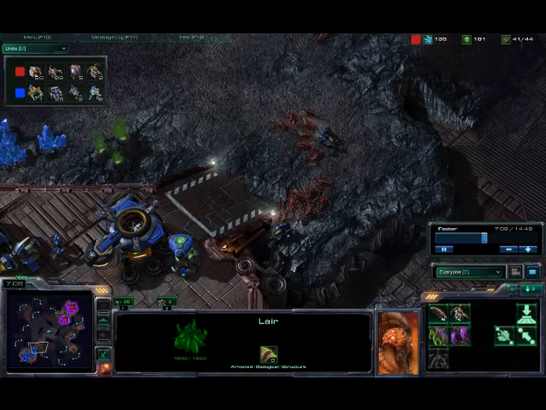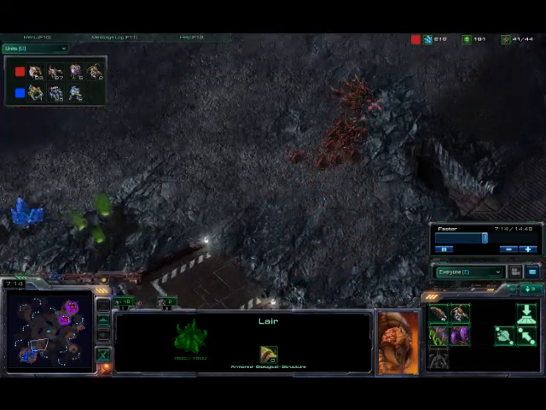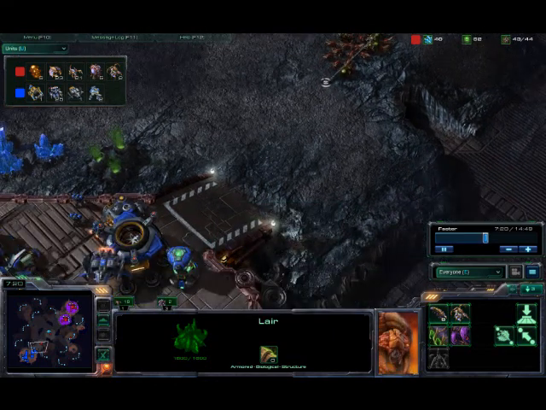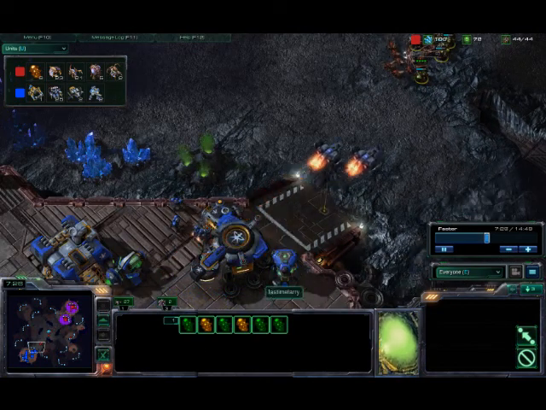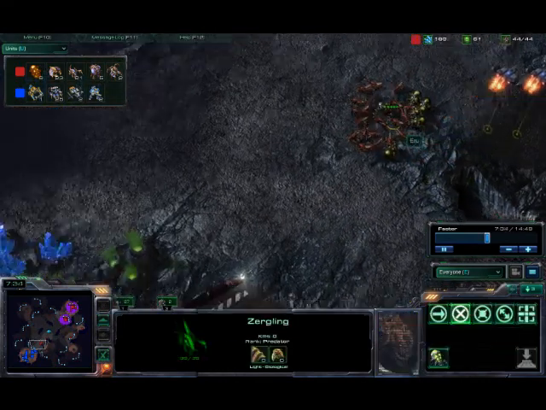That was pretty poor micro by him there. But it's not really much you can do. Speedlings basically eat Hellions. And by the way, the magic number against Terran is 4 or 5. I get 6 here because I thought that he would have had Marines. But,